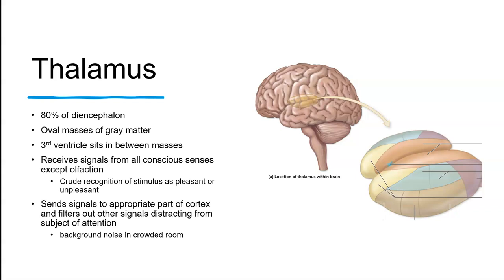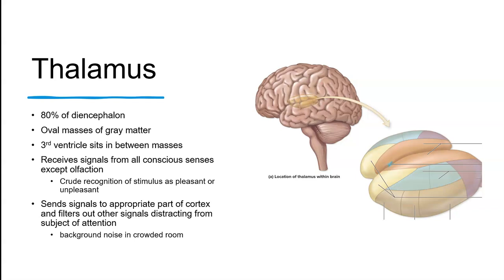So the thalamus receives signals from all of the conscious senses except olfaction, the sense of smell. But it does have a very crude recognition of a stimulus as pleasant or unpleasant. It also helps us to send signals to the appropriate part of the cortex. So when the information comes in, the thalamus works like a relay station to send that information to the appropriate